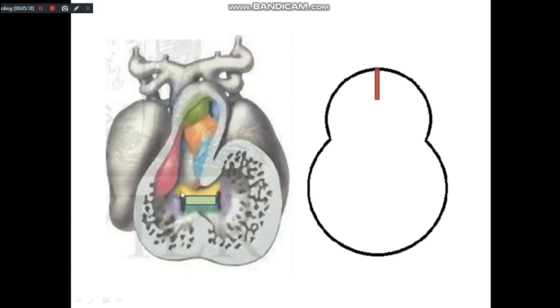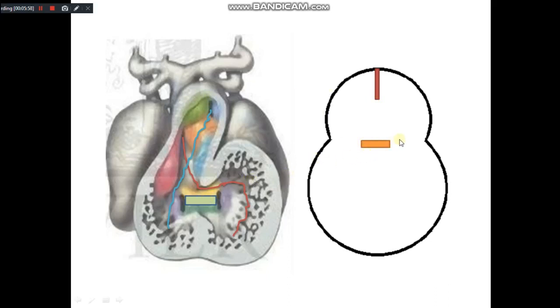The right atrioventricular orifice will now communicate with the bulbus cordis, and the left will communicate with the primitive ventricle. So the bulbar ridge has now disappeared over here. At this stage, the outflow of the blood will be like this. The outflow of the left ventricle, indicated by the red zigzag line, will go into the aorta, and that of the right ventricle, indicated by the blue zigzag line, will go into the pulmonary trunk. Now, what happens? In this diagram, the septum intermedium is complete, this septum.